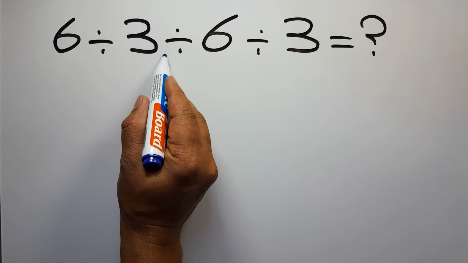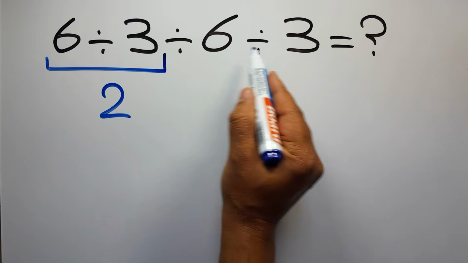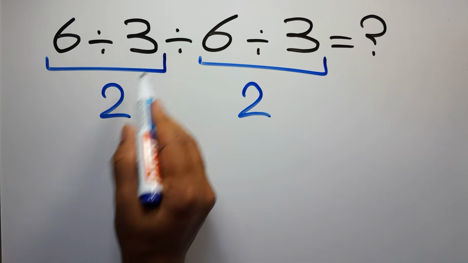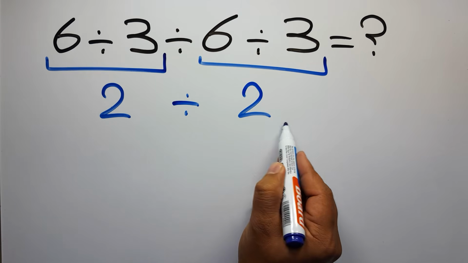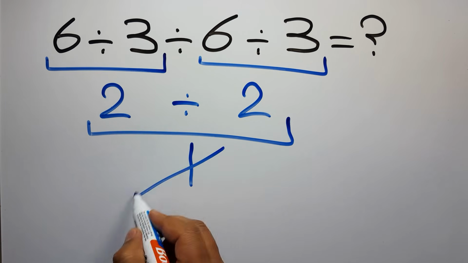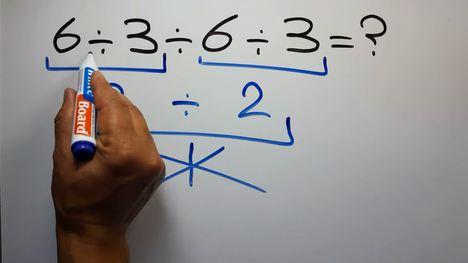6 divided by 3 gives us 2. And again here we have 6 divided by 3. So 2 divided by 2, which equals 1. But this answer is not correct, because according to the order of operations, when we have more than one division